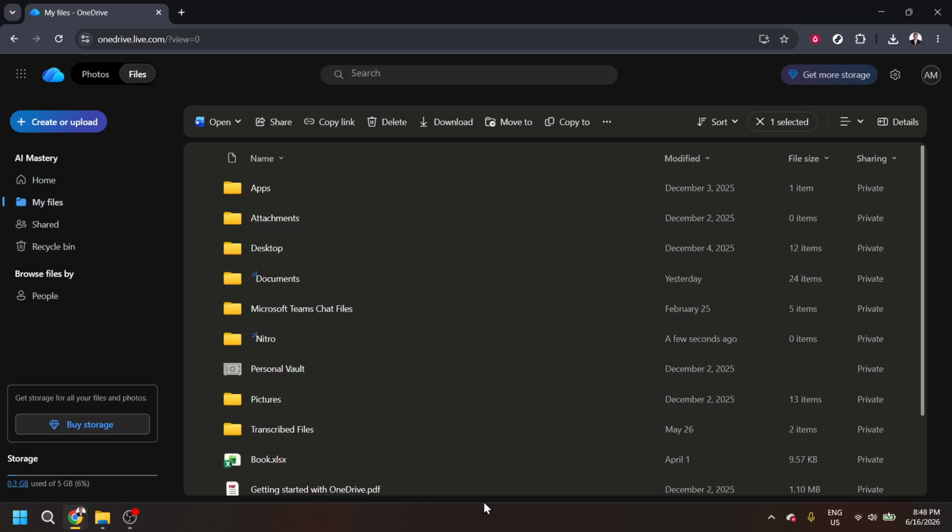First, look for OneDrive in your taskbar. That's the little bar at the bottom of your screen. You'll see a small cloud icon. Just click on it. This opens up the OneDrive window, and this is where we'll make the connection. If you don't see it, you might need to click the little arrow to show hidden icons, but normally it's